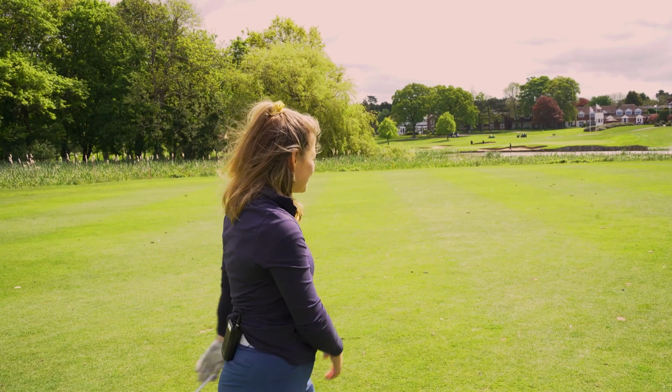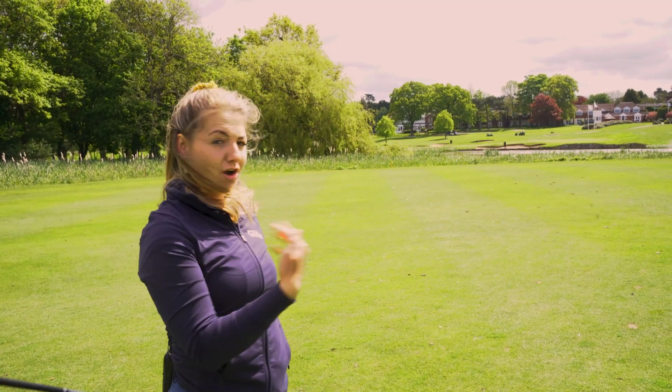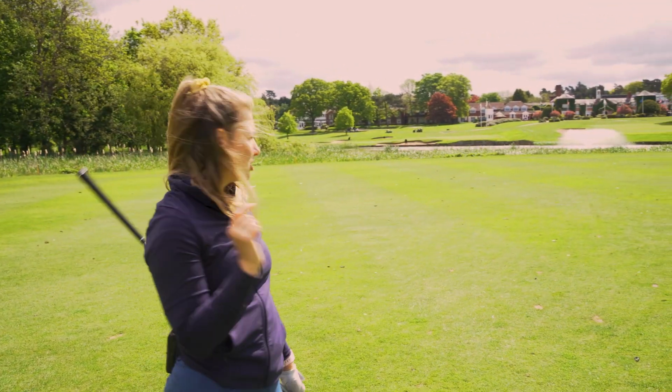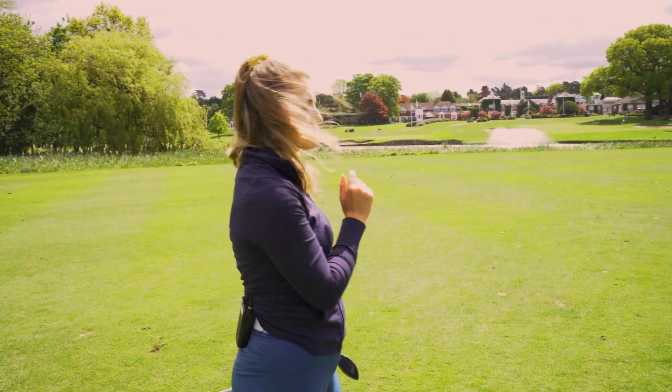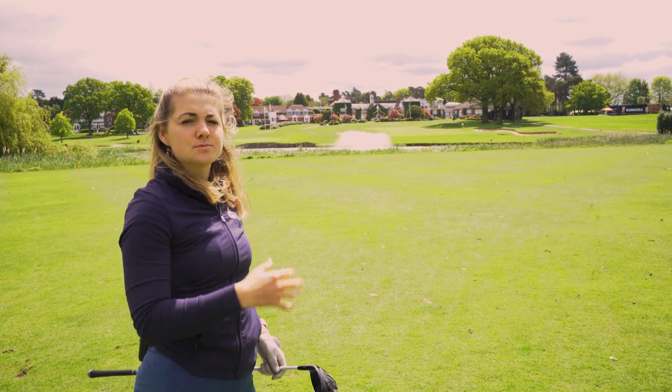Definitely a really great club to use in this scenario. I launched that so easy and it really just felt comfortable to flight it over that water. I had a really good distance on that too. In fact, I think it might have slightly just run through the back. But let's go ahead and hit the other two models and see how they compare in terms of flight and